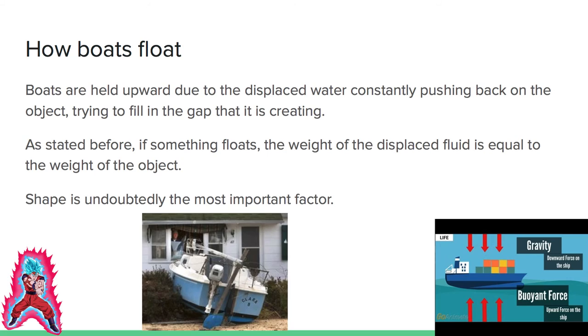How boats float. Boats are held upward due to the displaced water constantly pushing back on the object, trying to fill in the gap that it is creating. As stated before, if something floats, the weight of the displaced fluid is equal to the weight of the object, and shape is undoubtedly the most important factor as it can